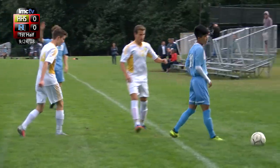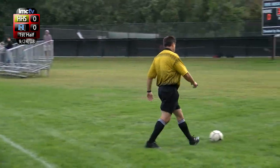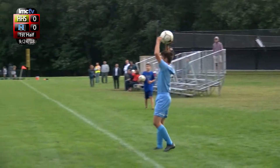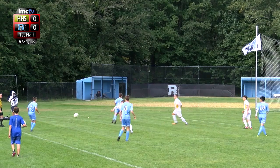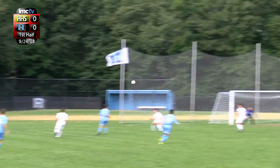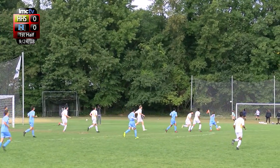As this one's fought for on the sideline, this one's kicked out of bounds. It'll be ruled Hastings ball as Haddock looks to inbound. He gets it in, right back to Haddock, and this one nearly goes out of bounds. This one is kicked towards the goal, but